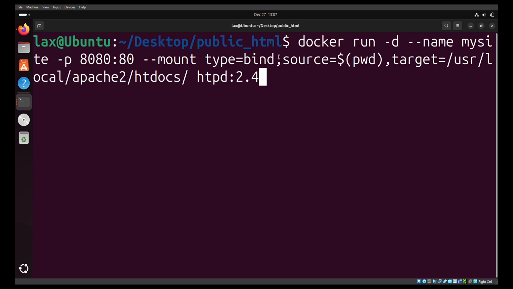Here the type is bind, so it bind mounts from host to container, and the source is pwd, the current host directory where our index.html is available. Then the target is the path inside the container where Apache serves the files. Alright, so you can directly use this command, or if you want to enable the permission modes, then here you can write